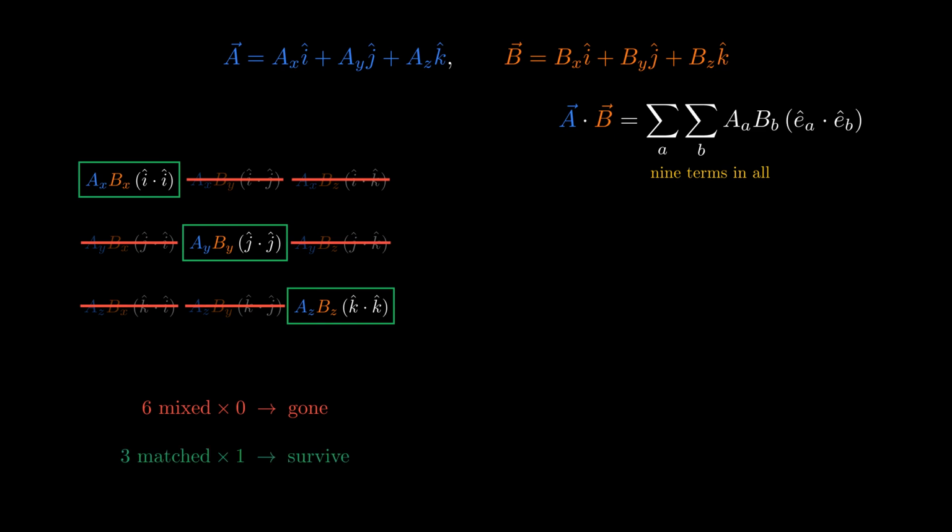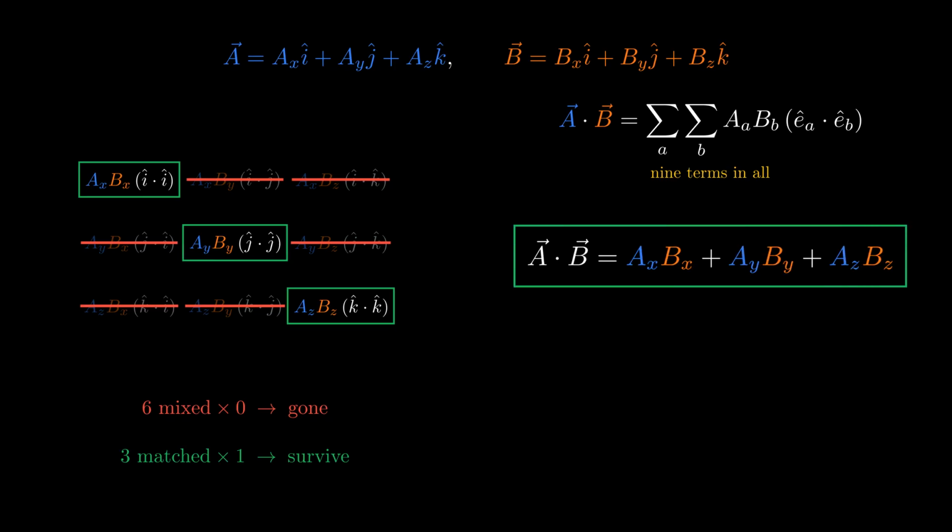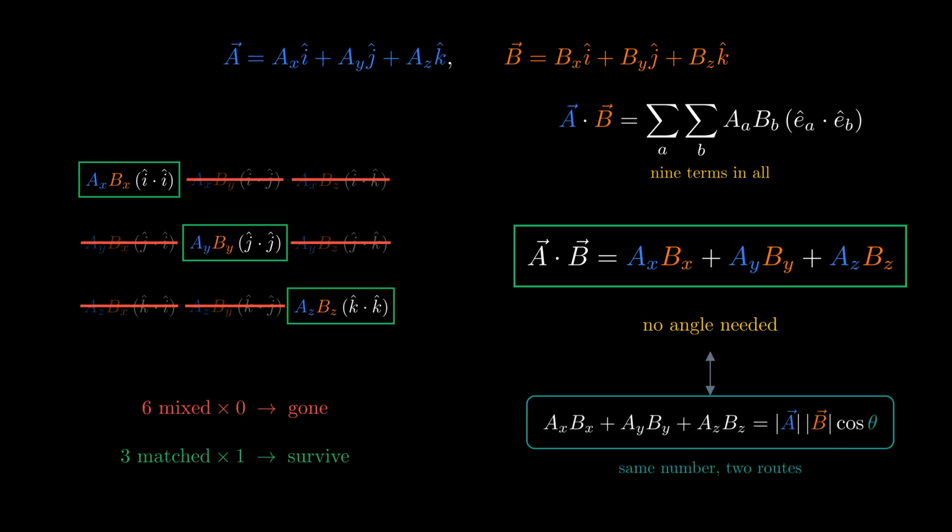Each matched term carries a factor of 1 and survives. What remains is the component formula. A dot B equals A sub x times B sub x plus A sub y times B sub y plus A sub z times B sub z. No angle in sight. Multiply matching components and add them up, and the result automatically equals magnitude times the cosine